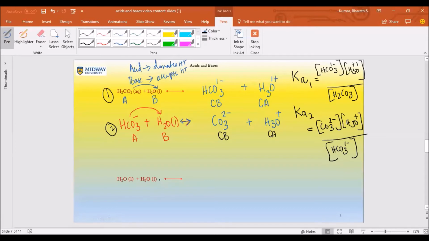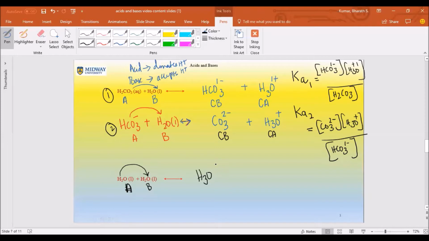Now, if you remember when I introduced the concepts of acid and base, I said water can behave both as acids and bases, okay? It doesn't matter which one of the water is acid and which one is base. I always write the first one as A, second one is B. Now, if you notice, they're both water, okay? So if it's acid, that's the one that's going to lose the one proton, right? So it's H3O plus,